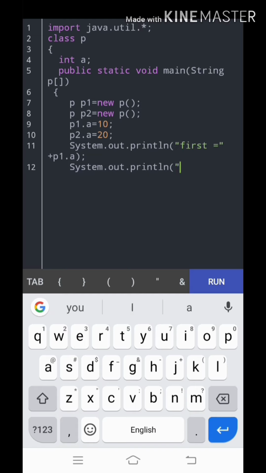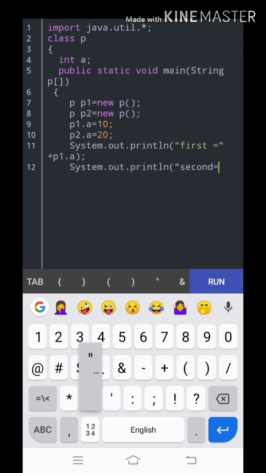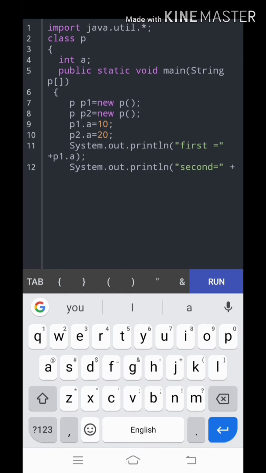For the second object I am going to write second equal to, with the concatenation symbol plus, p2 dot a. So I am going to close the main method and I am going to close the main class.